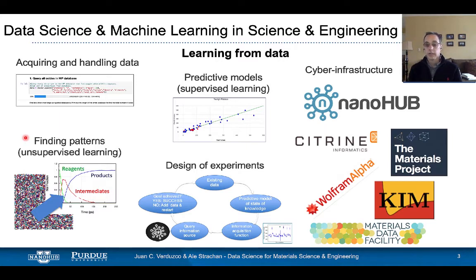And throughout the series, we used several modern infrastructures to do our activities. And in this particular learning module, we'll use Citrination from Citrine Informatics and nanoHUB as the two resources to share data and share models.